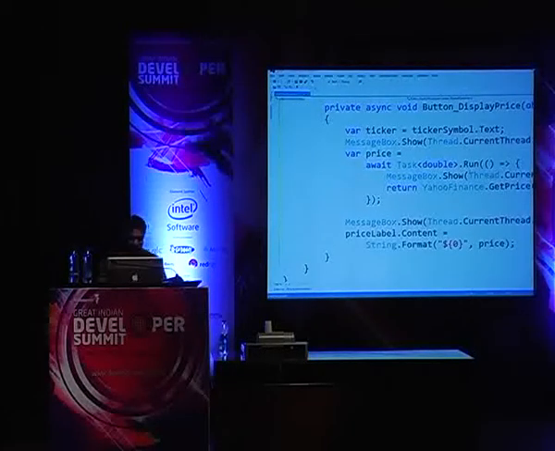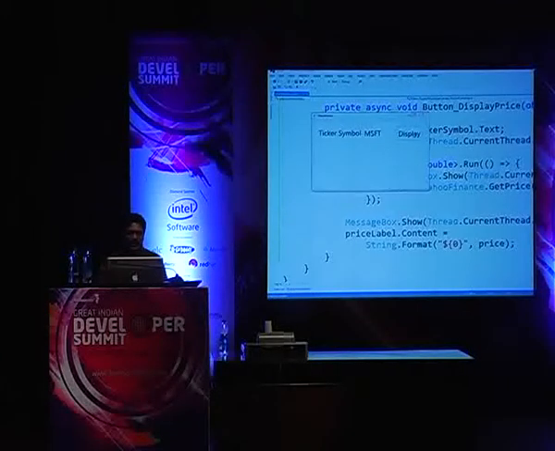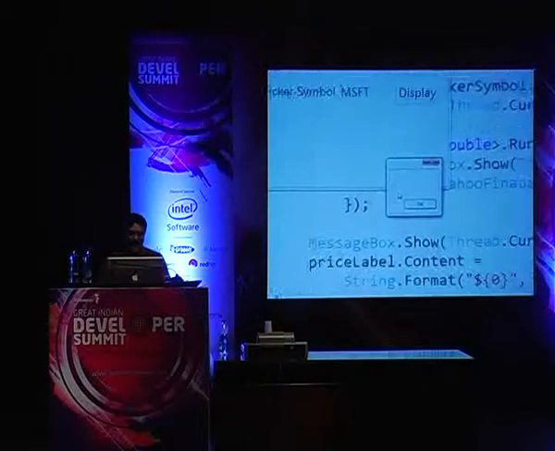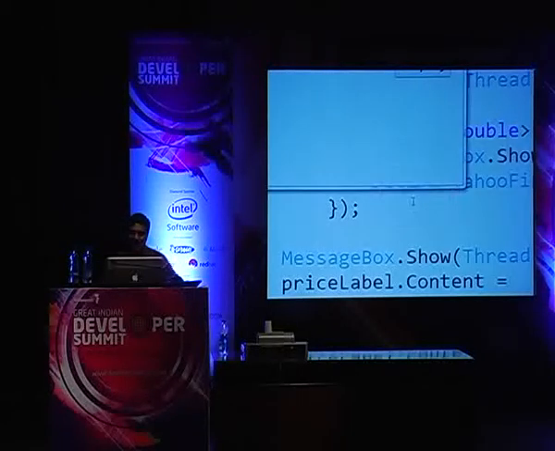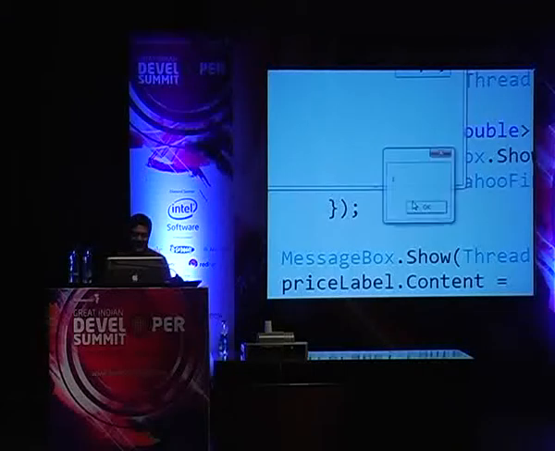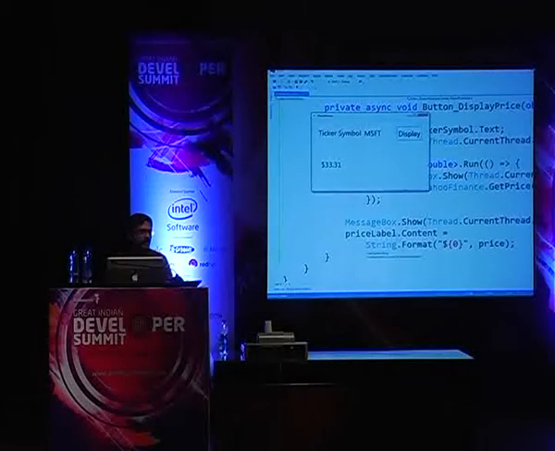So if I run this code this time, notice that when I click on the display, it says 1 because I'm in the main thread. That's thread 1. I can click on this one more time. You can see it says 3 because I'm in this other thread right now. And I click on OK now. 2-second delay later, it says 1 again because I'm back on the main thread now running.